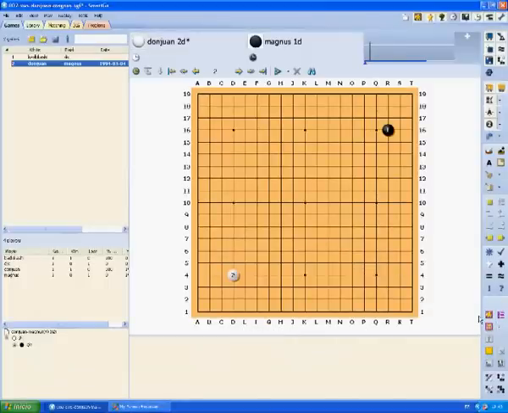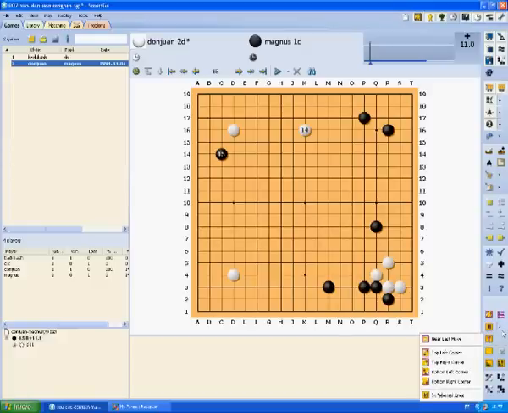Let's talk about Joseki. Here, how should white answer this approximation here? Talking about Joseki, we want to know what's the appropriate white response on that corner.